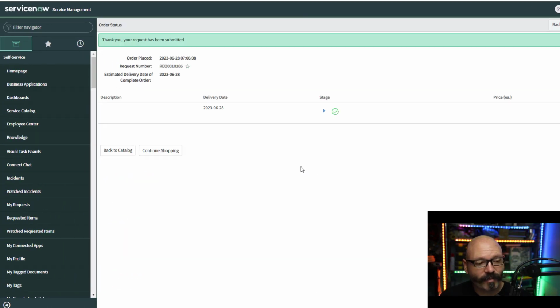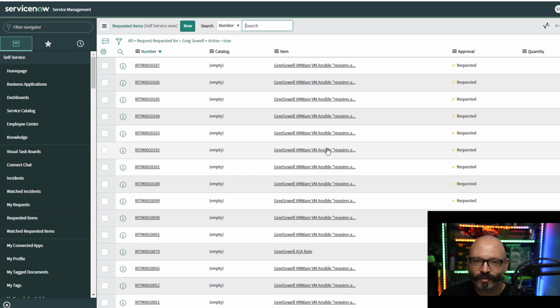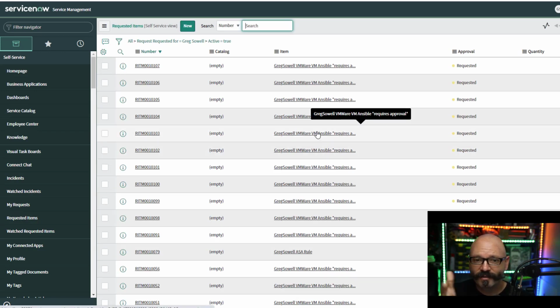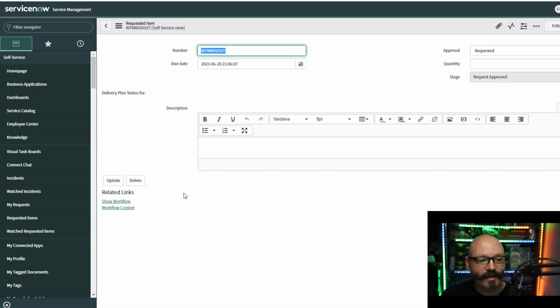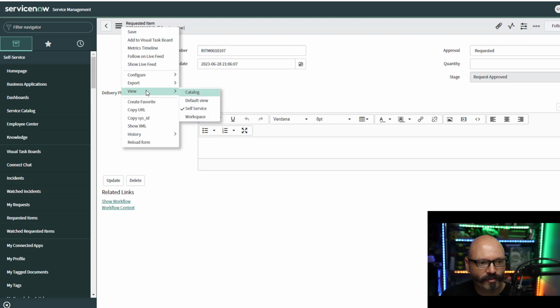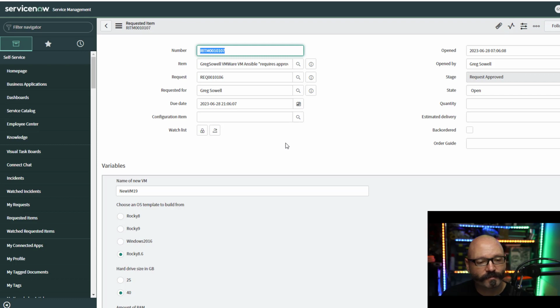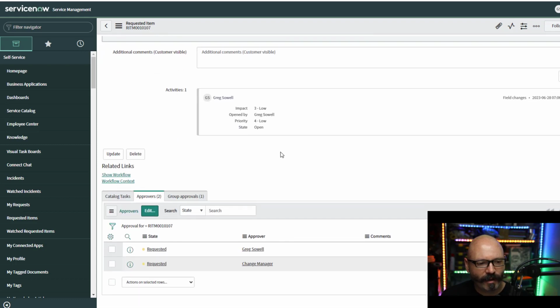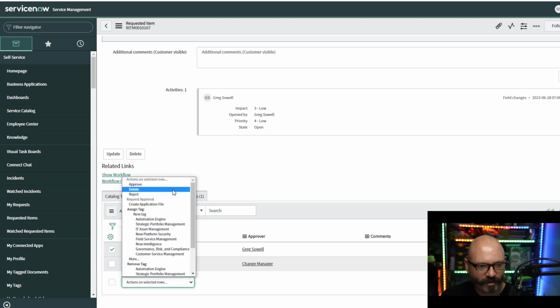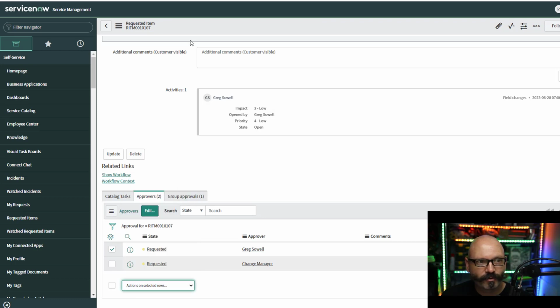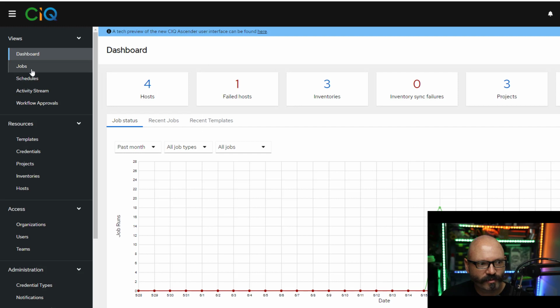Something I really like about the service catalog system inside of ServiceNow is it has a really good approval system. So I have this one written so that somebody else has to pop in and approve it. Now this could be a single user, it could be a group, it could be multiple users and groups kind of all in succession, however you want to do it. But I'm going to come down here into the request itself. I'm going to click me. I'm going to go up here to action, approve,